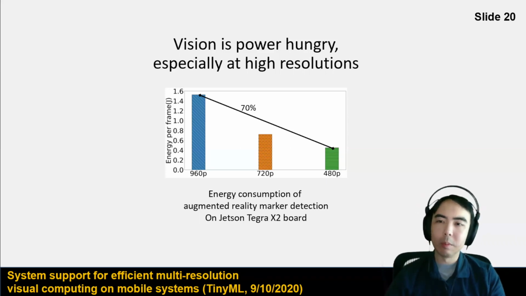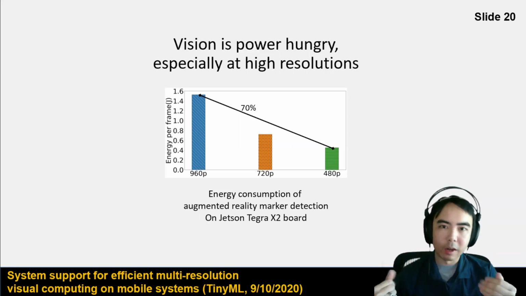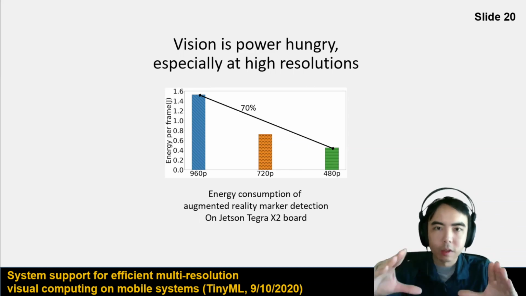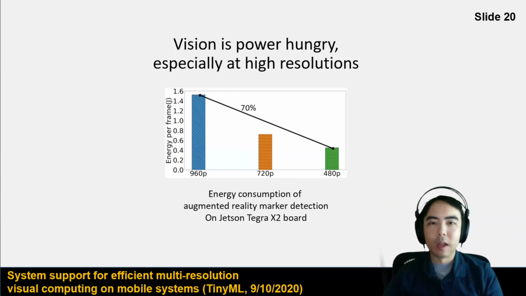So on the computing side, we also want to be able to say, hey, we want to deal with low resolution data when we opportunistically don't need the high resolution. The example that I had earlier was marker detection. When you're very close to the marker, you don't need as much resolution. You can operate with fewer pixels and still get the same good results. When you're far away from the marker, then you're going to want to operate at high resolution so that you get the precision that you need for placing your objects correctly.